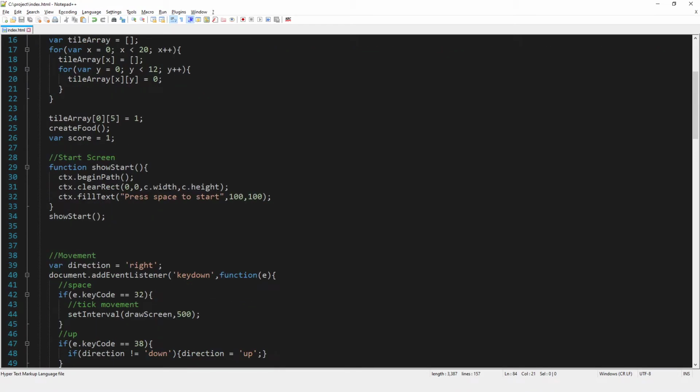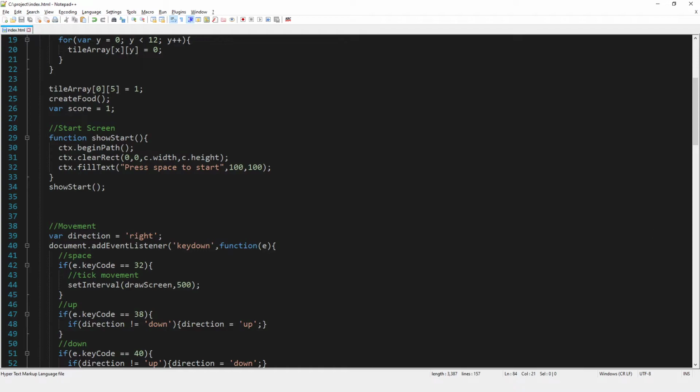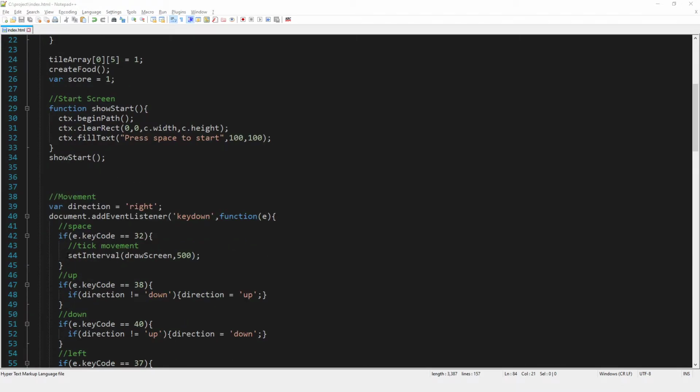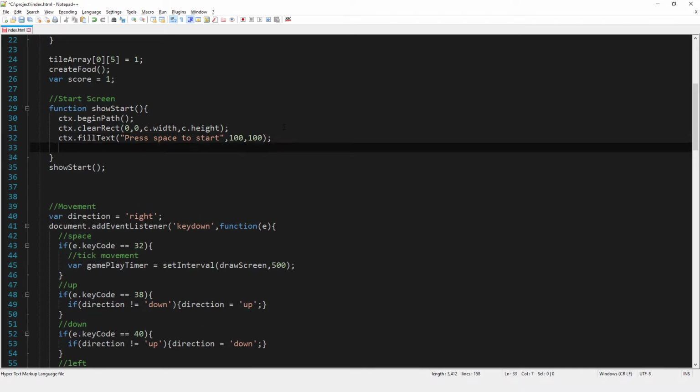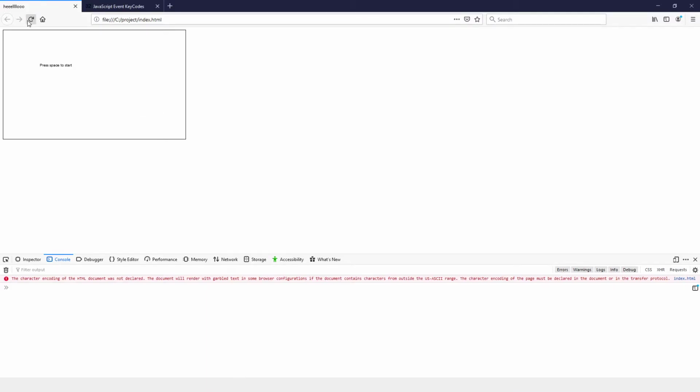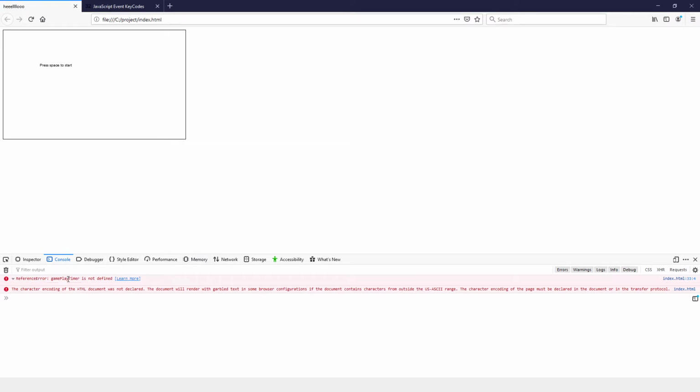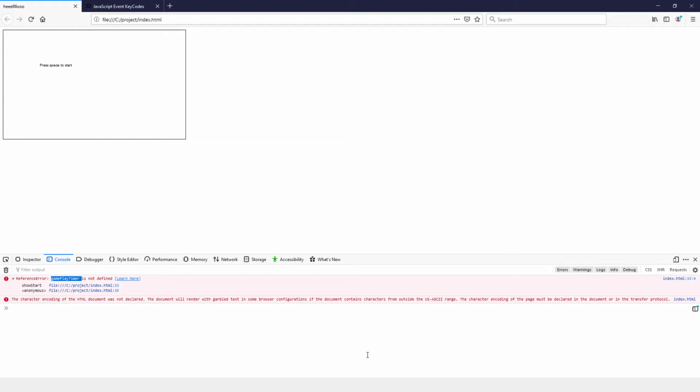What we want to do is stop the interval happening. Now, there's no way of doing that at the moment because of the way we've set the interval. However, if I name the interval that I've created, I'm going to call it gameplay timer, then what I can do is a function called clear interval, and we're going to do that here. So clear interval, and I think I just passed that in there. So if I save it, try it now, and now the gameplay timer is not defined, which is to be expected,